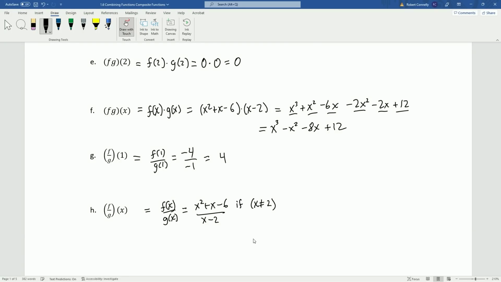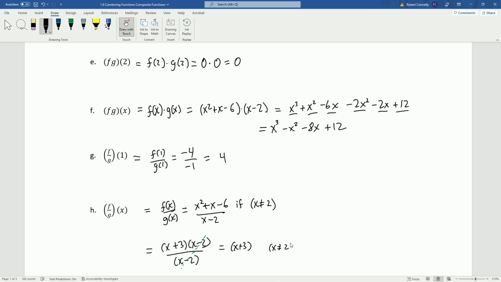Because if x was equal to 2, we'd be dividing by 0 here. Okay, and now I can actually simplify this a bit further and factor the numerator here to x plus 3 times x minus 2. So that's factors of negative 6 that add up to positive 1. So that's 3 and negative 2. And then I can cancel these and say that this is equal to x plus 3, provided that x is